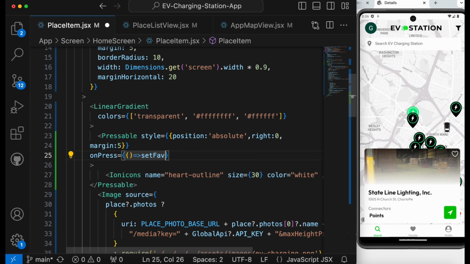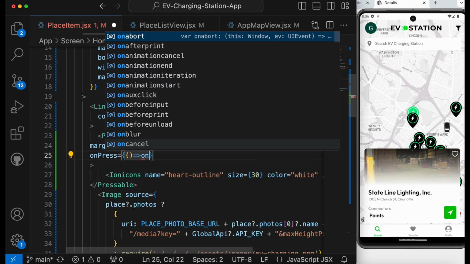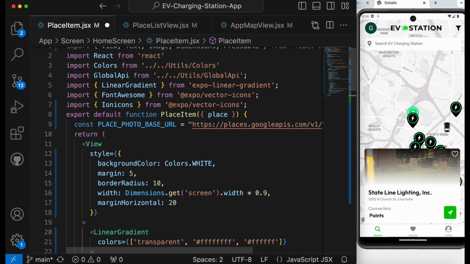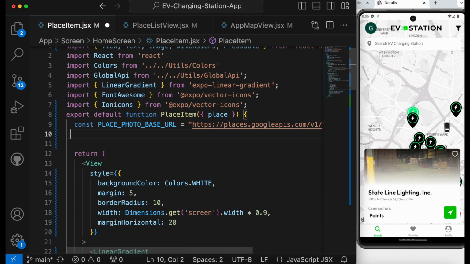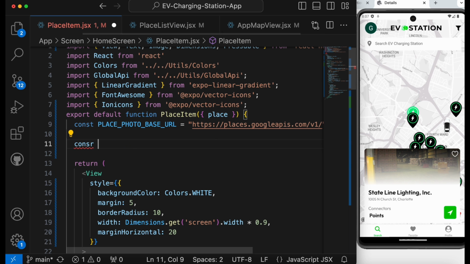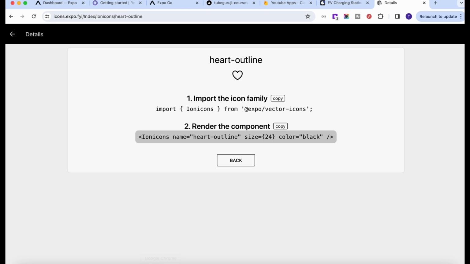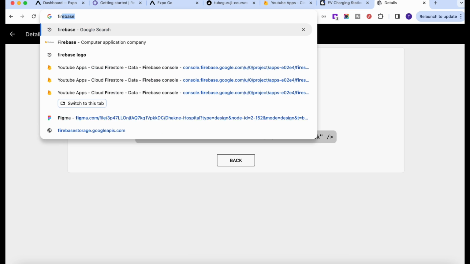Okay, or we can say on click on set fav, and this method we will define here: constant onSetFavorite and the arrow function. Now inside that one, we need to make sure that we will save data in Firestore. So first thing, if you don't know how to use Firestore and everything, just search on the internet